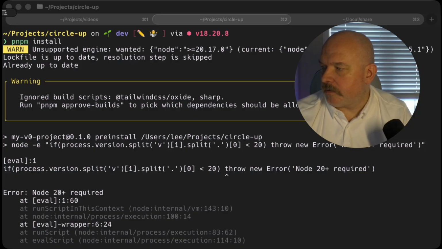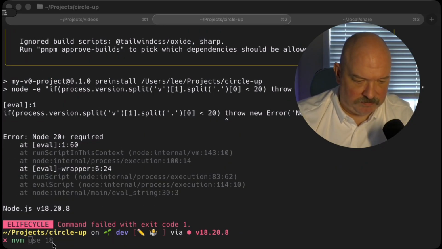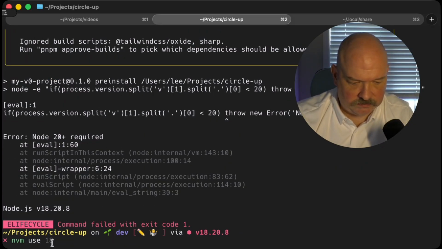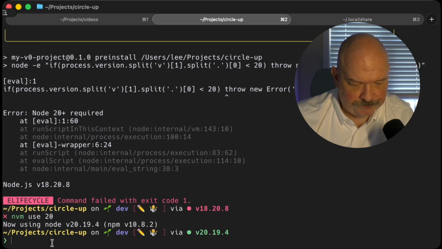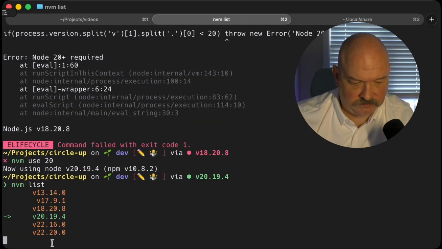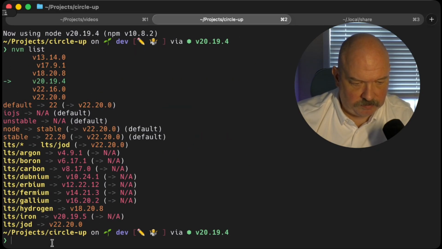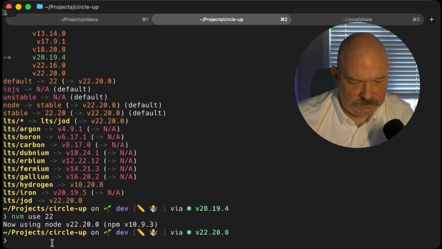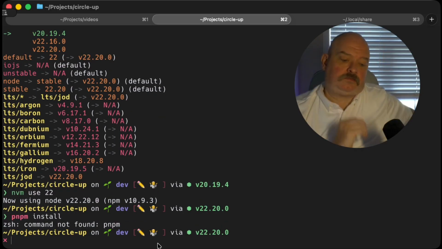So to fix this problem, we just go, okay, well, use 20. That one jumps us up to 20.19, even though you can see we have a couple different versions. Oh yeah, why don't we just jump up to 22? Why not? YOLO. nvm use 22. It jumps to the highest one that's in our list here. And then if we do an install,